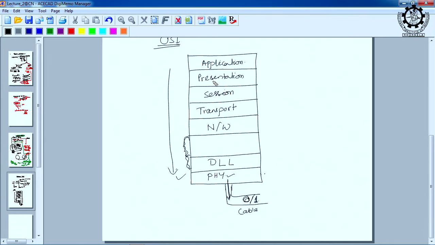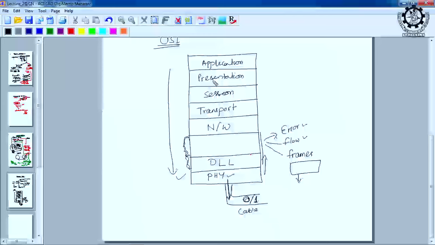And the service of the physical layer is being used by its upper layer, the data link layer. The responsibility of the data link layer is to check that the data being communicated is error free, that proper flow control is maintained, and it creates some frames. Frame means a chunk of data that will be delivered to the lower layer. So, all these error control and flow control issues are handled by the DLL, the data link layer, and